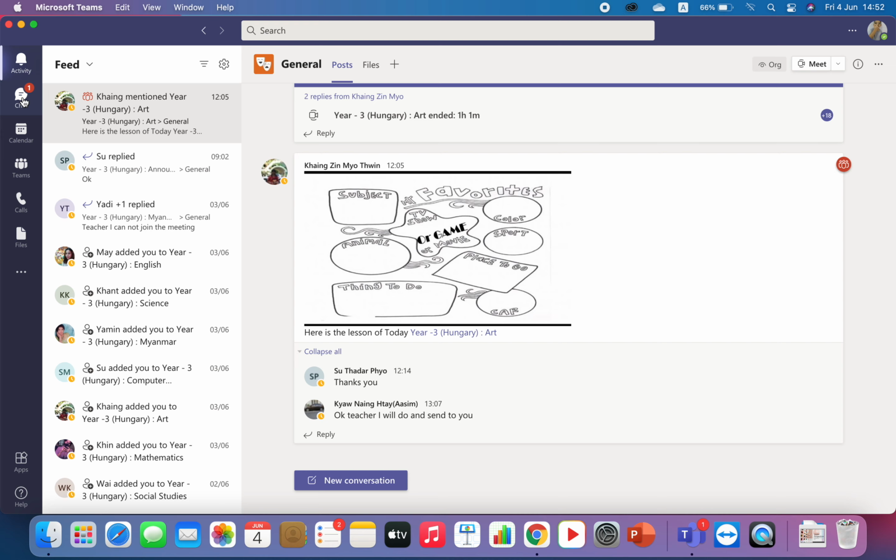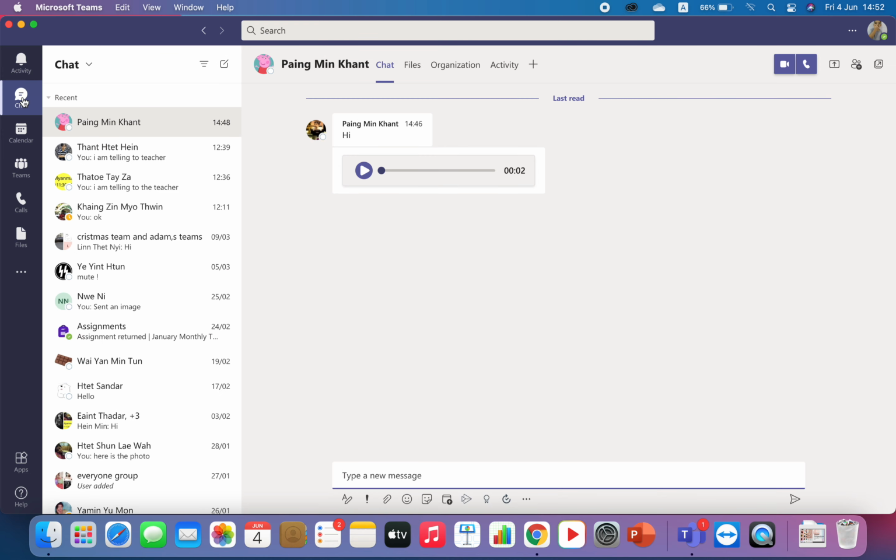Now let's go into Chat. Chat is like the messenger. So you can send messages, gifs, stickers, etc. to other students, teachers, or you can even make a group. We won't limit this feature, but we highly recommend the students not to chat during the class. If you do so, we will have to shut down this function to you, so you won't be able to do this anymore. So please don't chat while teaching. Next,